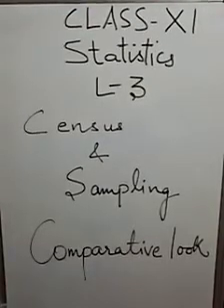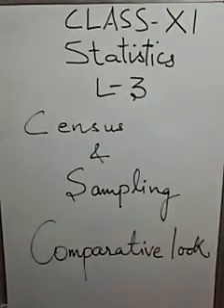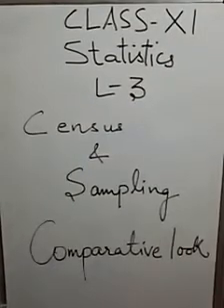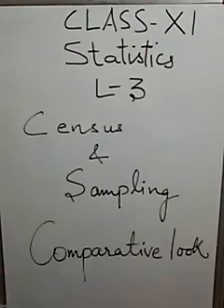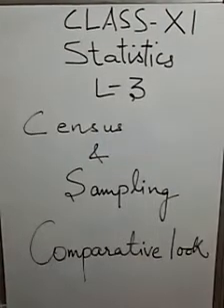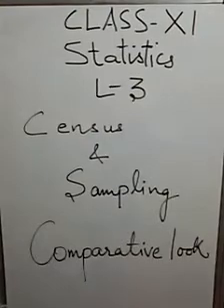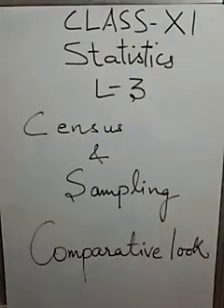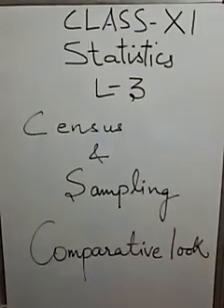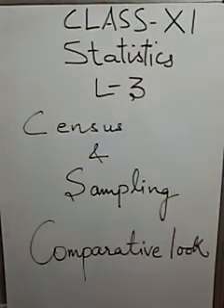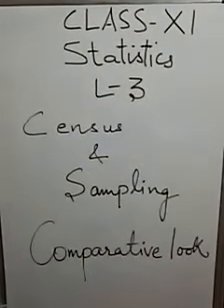Cost. The sampling method is certainly much less expensive than the census method. The smaller the size of the given population, the lesser the cost of investigation will be. Time. The sample method is less time consuming than the census method. Nature of items. The census method is particularly suitable when the items in the population have diverse characteristics. On the other hand, the sample method is suitable when items in the population are homogeneous.